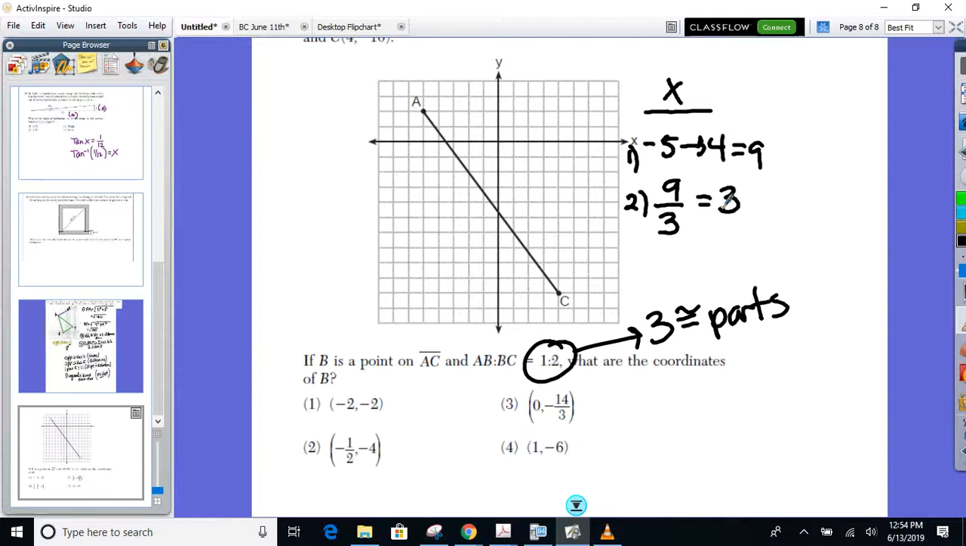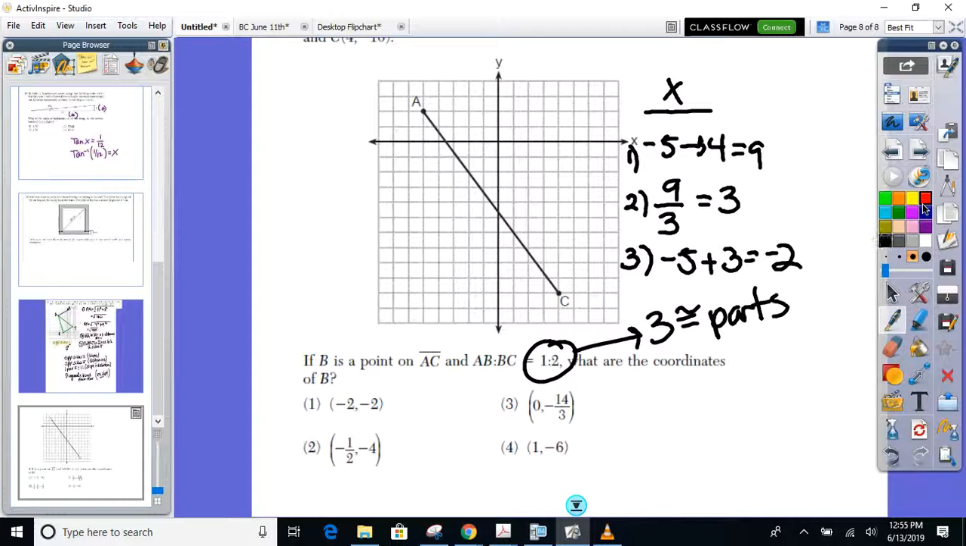How many times, though? I just want to go once, so I'm only going to go 3. If that was a 4, I'd multiply it by 4. If that was a 10, I'd multiply it by 10. What was my starting x-coordinate? -5. So I'm going to go -5, add 3 to it on the x-axis, and where do I end up? -2. We could stop there because it is multiple choice, and only choice 1 has -2 as its x-coordinate, but